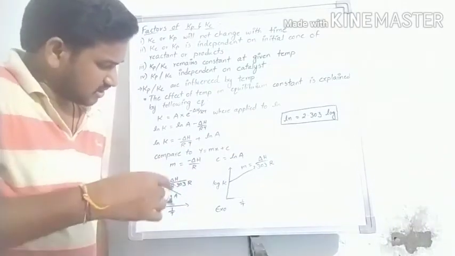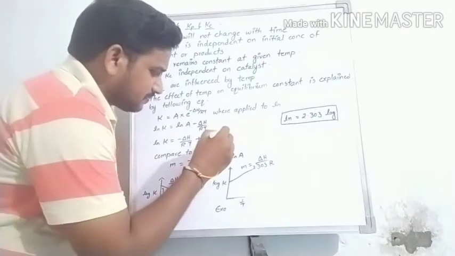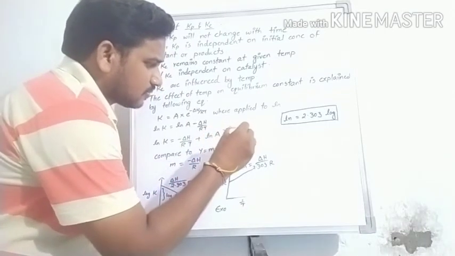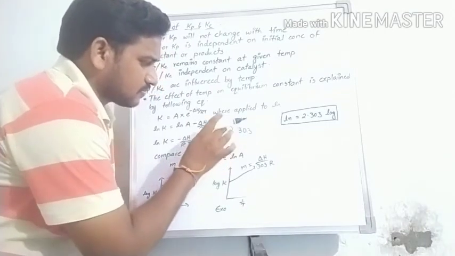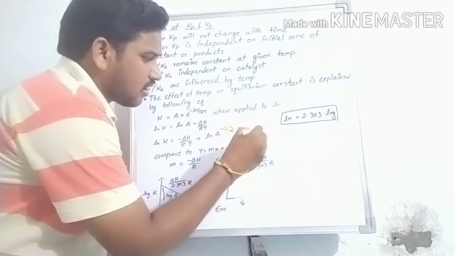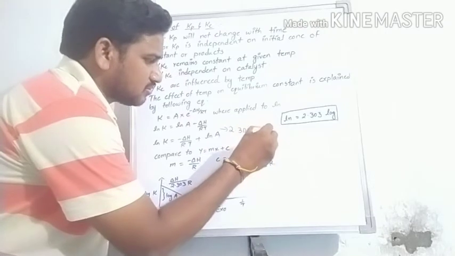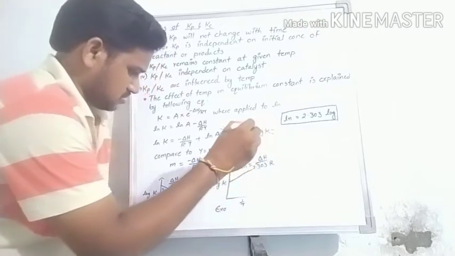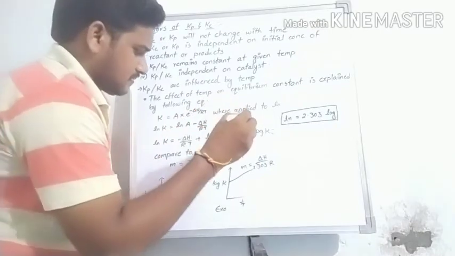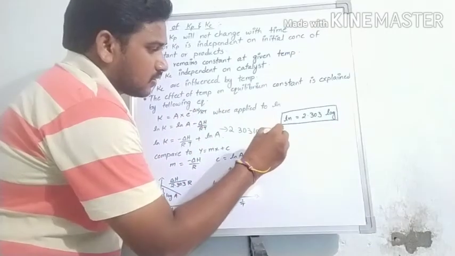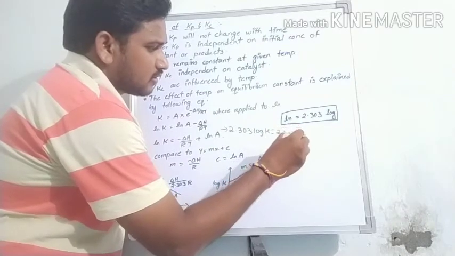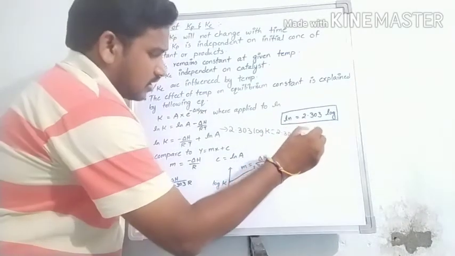For our convenience, writing again, 2.303 log K is equal to 2.303 log A